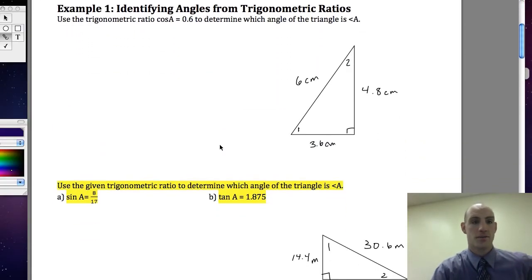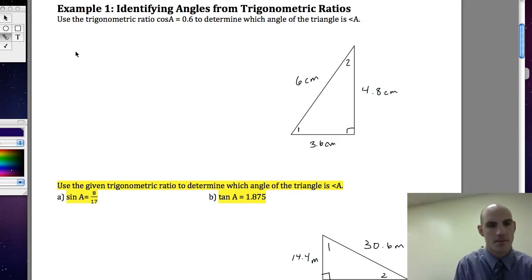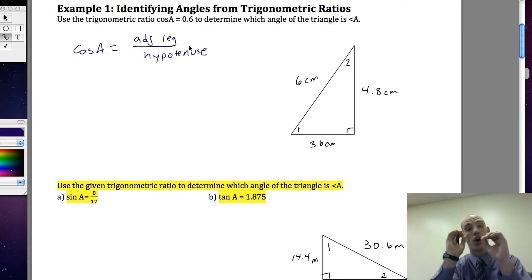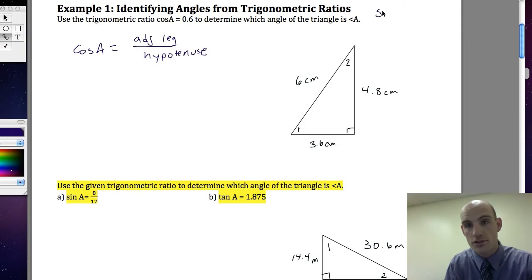Example 1, we have something like this. Use the trigonometric ratio of cosine A equals 0.6 to determine which angle of the triangle is angle A. Well, if I say that cosine A is equal to the adjacent leg over hypotenuse, that means that the cosine is the adjacent over the hypotenuse, remembering, of course,